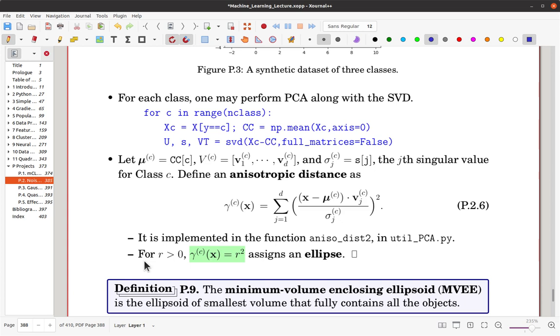For some positive R, and for every R in fact, if you consider this equation, then that equation assigns an ellipse. This is the analog of this one. Now, in the standard coordinates, here you can make an